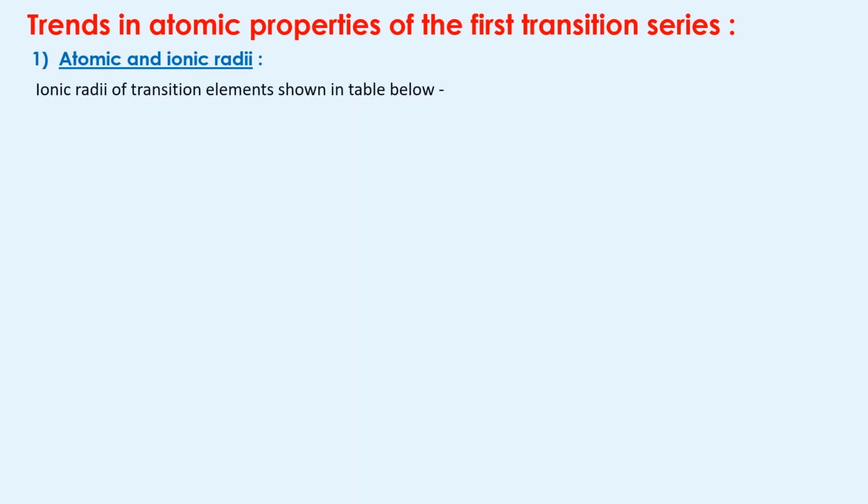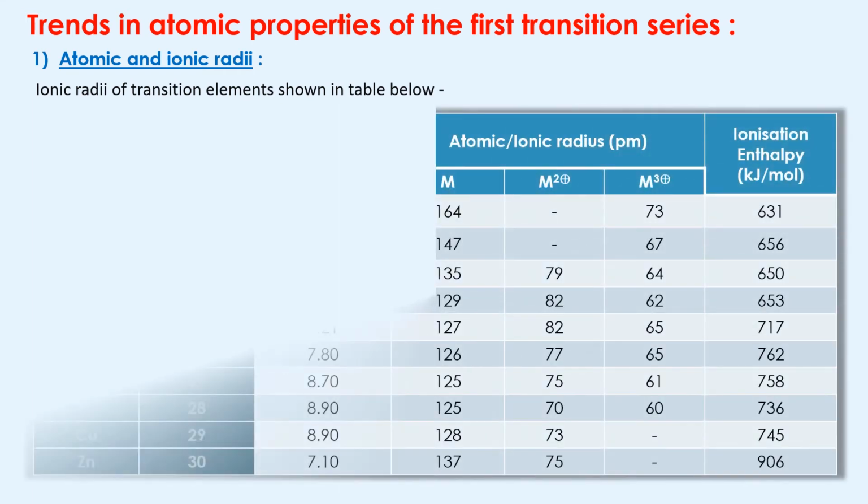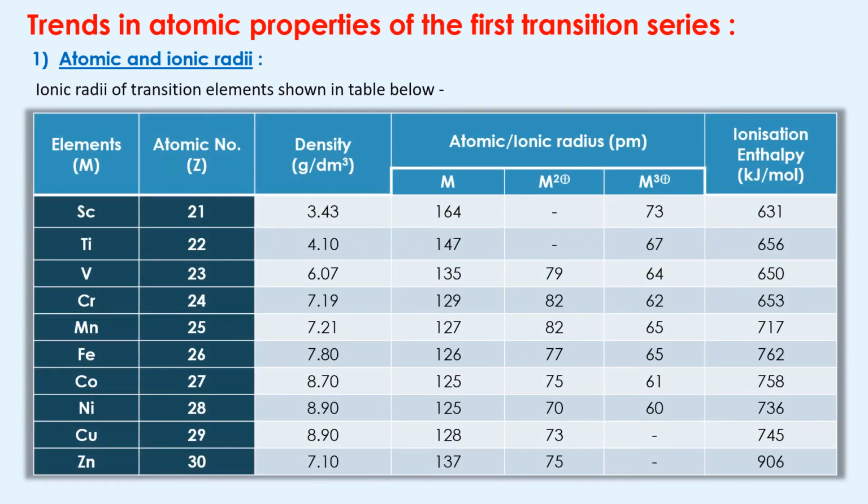Next, we see what ionic radii is. So what is your ionic radii? Now see, in this case there is ion formation. For scandium metal, the atomic radius is given, that is 164 picometer, and whenever scandium is present in +3 oxidation state, its ionic radii becomes 73. So what is your observation? That from metal to ionic form, its radii decreases.